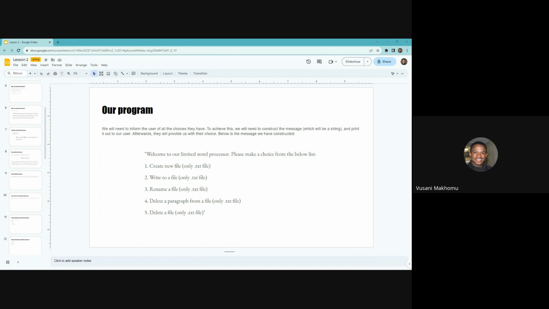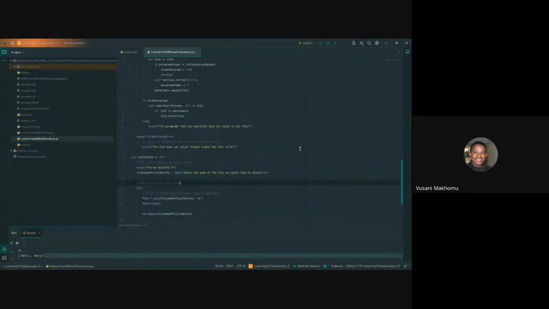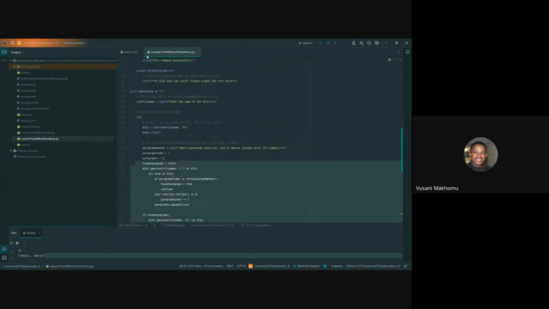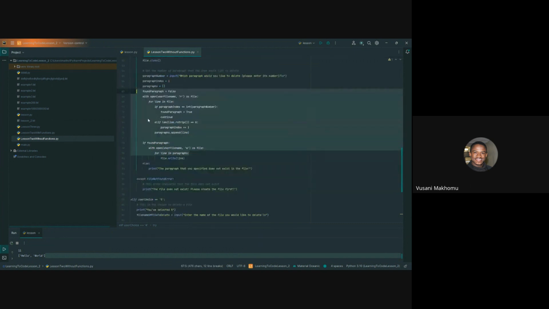For the next lesson, we're going to be touching on data structures and perhaps algorithms, because if you look at the program I sent with those notes, when it comes to deleting a paragraph, we have an algorithm that some people may not understand. This deletes the paragraph. So I want to first touch on algorithms. What's an algorithm, and how do algorithms work? The whole deal about algorithms, and then I'll explain what this does